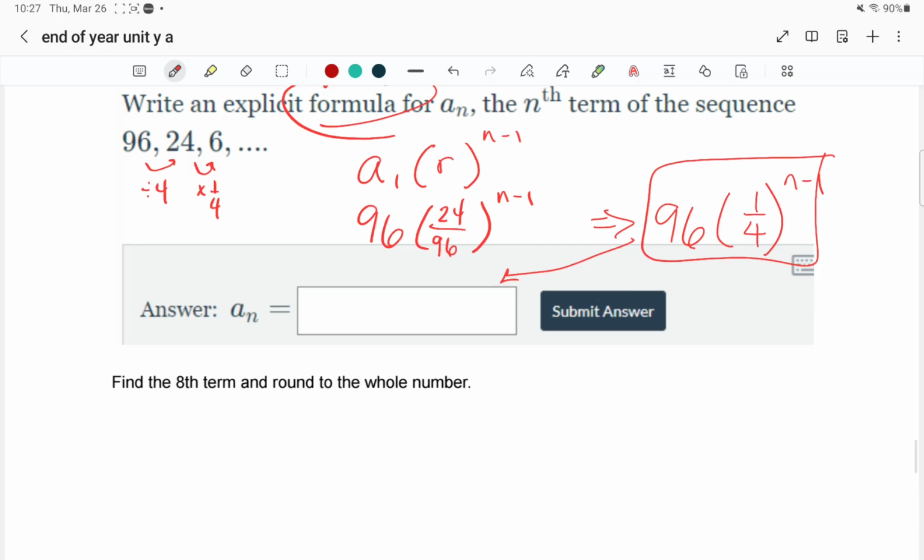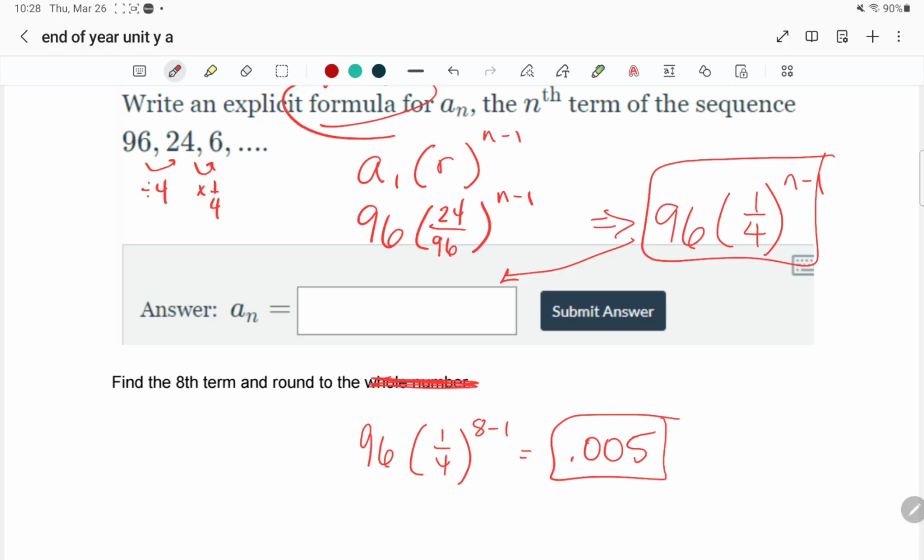Find the 8th term of this one. So I'm going to take this formula, and instead of n, I'm going to put 8, and then I'm going to plug it in, and we get, oh, I don't know why it says whole number. We get 0.005. Well, you get more than that, but I'm rounding. Okay, so